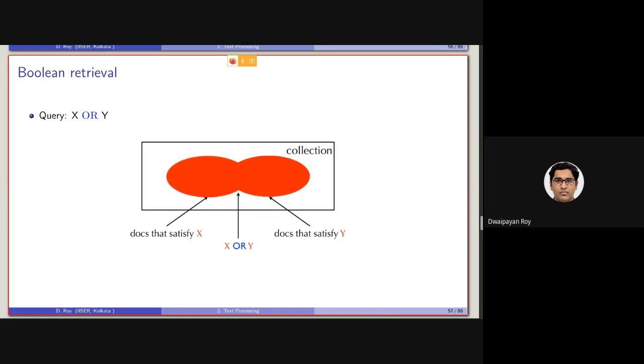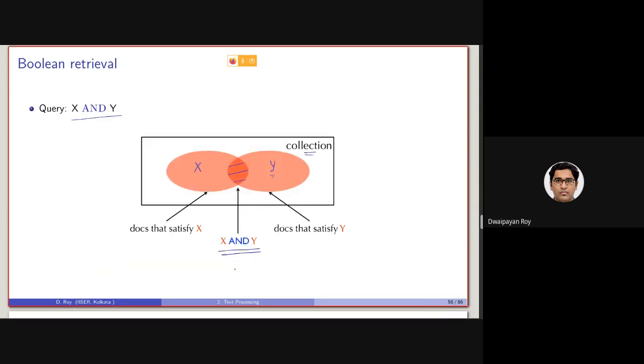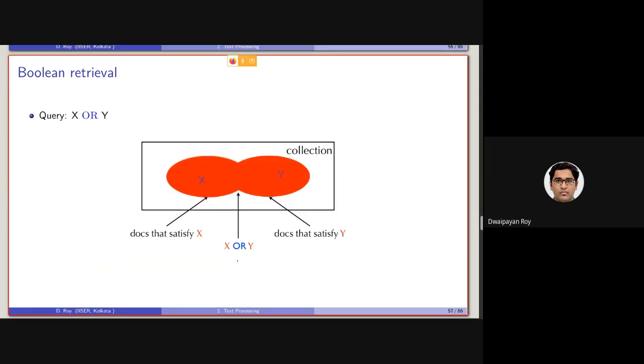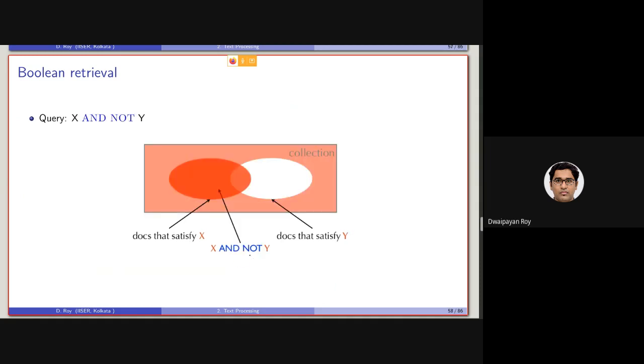For X or Y, it is documents satisfying query term X or query term Y, which means it's a union. So for AND, it is intersection. For OR, it is union.